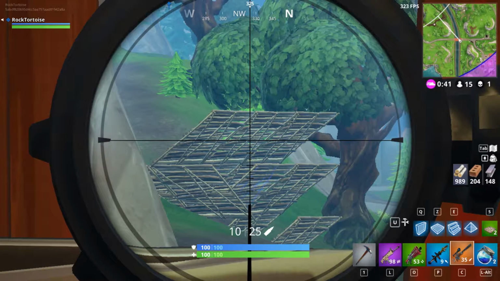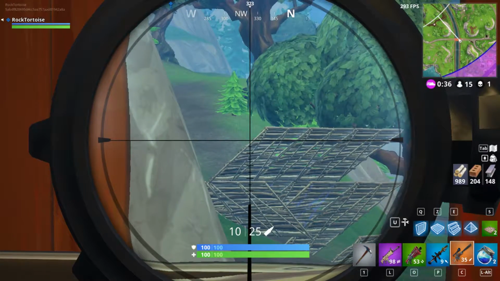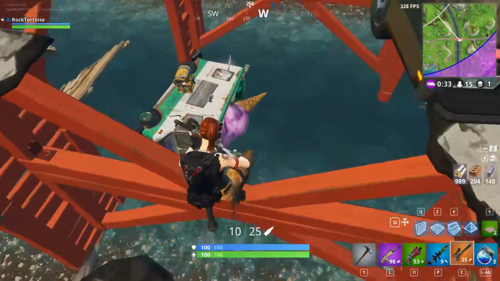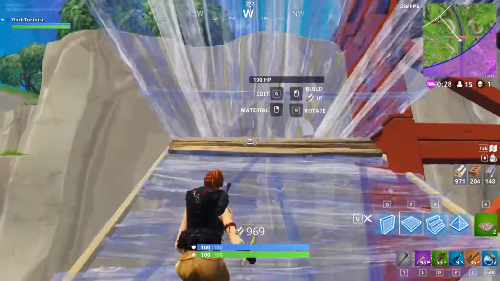And he is right there. You can see through the wood. So I don't think he sees me. No, he doesn't see me. I'm not going to shoot. And I'm going to try to get behind him. And I'm going to use the storm